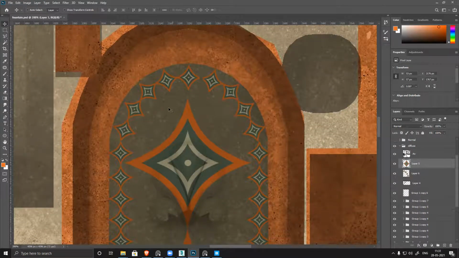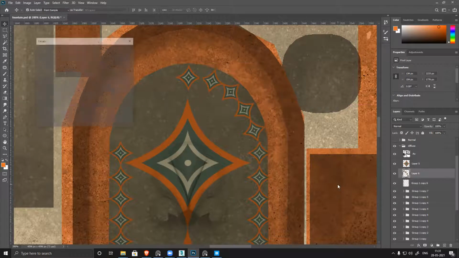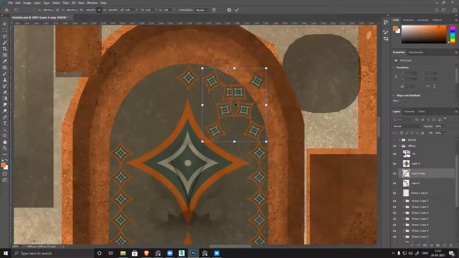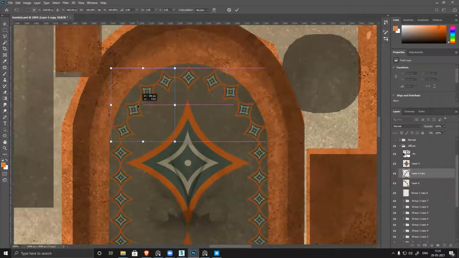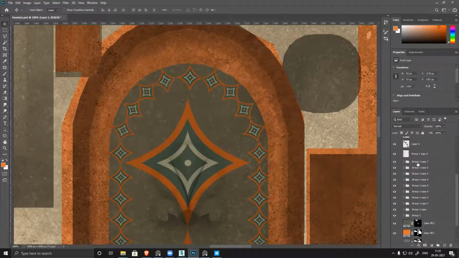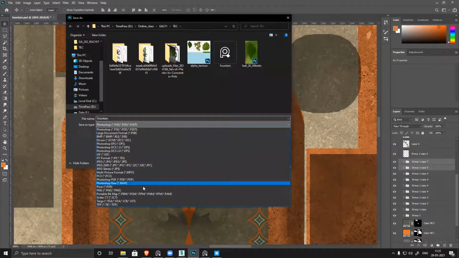So it should look the same. This section doesn't look nice, so what I'll do is Control J, sorry, my bad. Control J, Control T, flip horizontal and place it as per the requirement. Slightly inside, and these two slightly inside. Yeah. Now let's go.